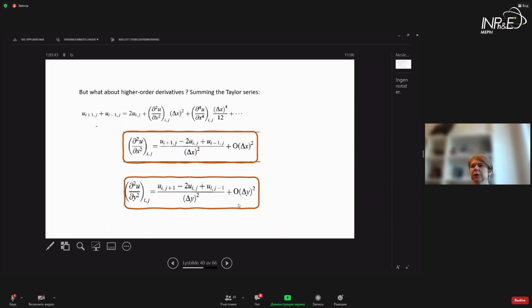And this was nice and well for first order derivatives. But as you remember, our equations, Navier-Stokes, also had higher order derivatives than only first ones. So we cannot stop here. We need to find a way to handle second order. And again, our fantastic Taylor series comes to the rescue. And this time there is another trick. Instead of